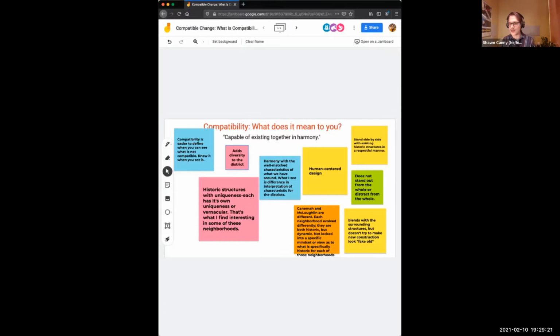I wanted it just to be a quick opportunity to do some community building and to look and see how the word itself is used very, very regularly in preservation. And yet a lot of people interpret it very specifically when they consider things like form and massing of buildings, and then others interpret it in different ways. So I just wanted to explore that as a conversation starter at the beginning of our